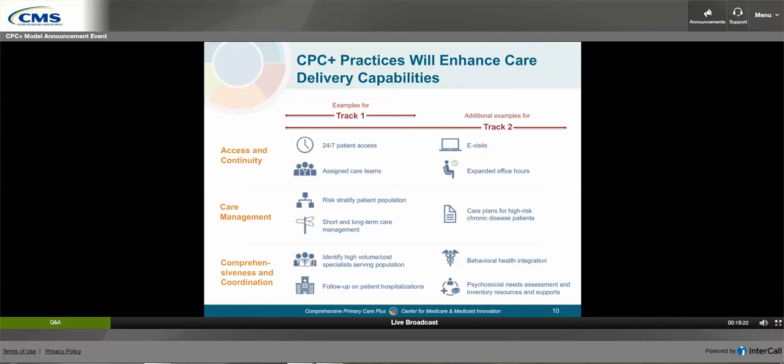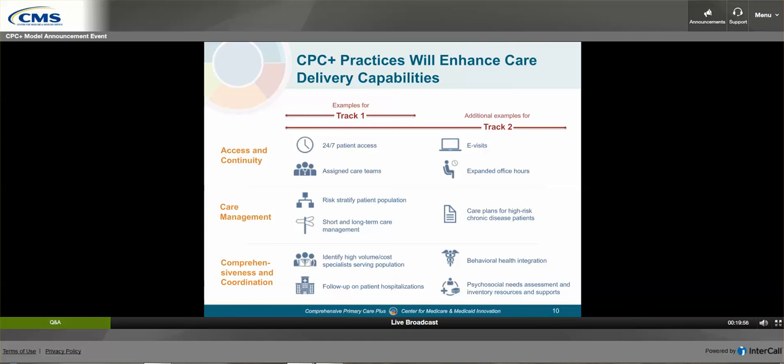As practices become more familiar with the initial stages of the work and gain expertise, they will be ready to refine their work and will see opportunities to continue to improve the care of and outcomes for their own populations of patients. As I go through the examples of these 5 functions, starting with the first 3 shown on this slide, please note that these are examples and they're going to give you a flavor for the care delivery work we'll expect. The final care delivery requirements will be available on the CPC Plus website soon, maybe as soon as next week.